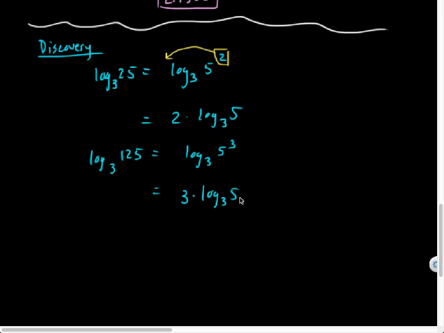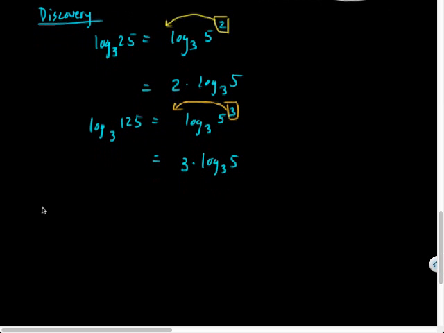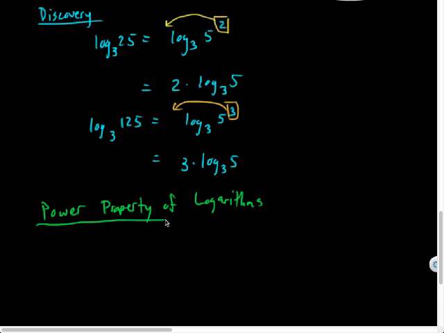And the relationship between this and this looks like this was just moved out front as a product. Yeah. Looks like indeed. And it turns out that we have just discovered the power property of logarithms. Power property of logarithms. Which says if I have log base b of m to the p,